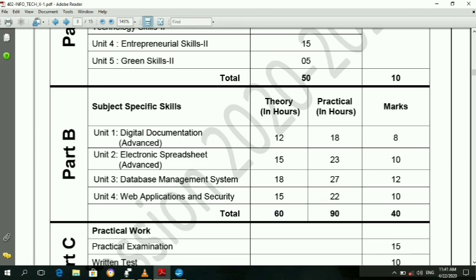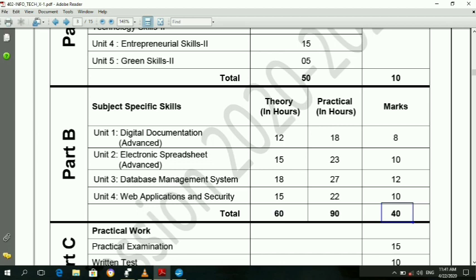Then web application and security, this is unit number 4. Here in this subject-specific part, the presentation part is removed, meaning the digital presentation unit is removed. So a total of 4 units, and the total weightage of these 4 units is 40 marks.